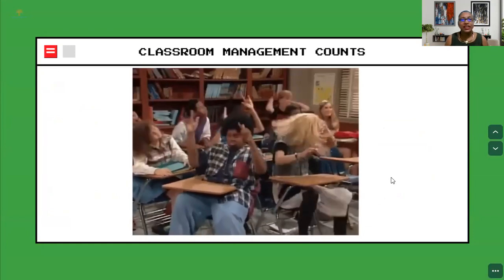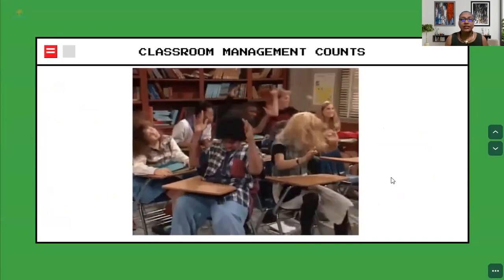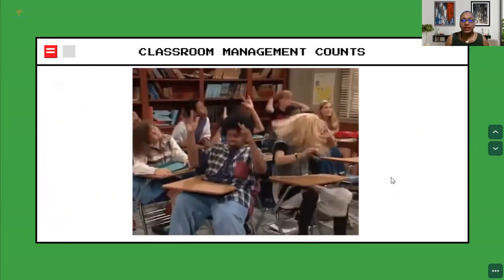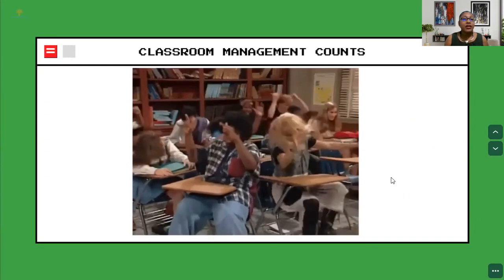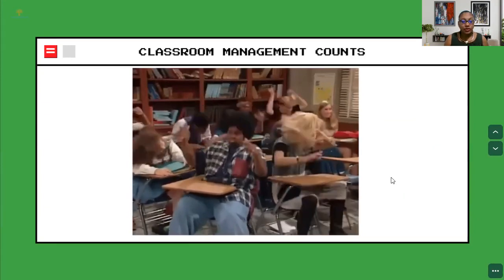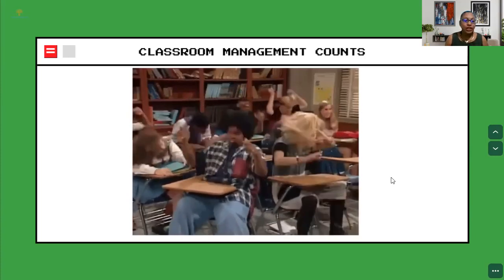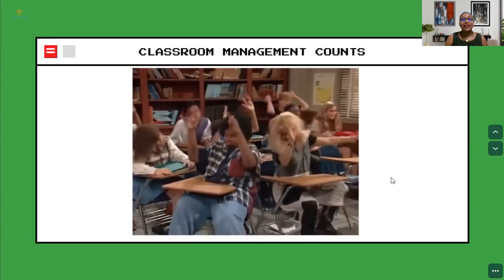If in the middle of the game, you need to stop to give explanations, feel free. If there's a concept you recognize that your students didn't quite get, go ahead and reinforce it by stopping the game and explaining. And remember to be prepared. So prepare all the necessary resources. Be a facilitator. Allow the students to have control over gameplay. Because remember, classroom management still counts.